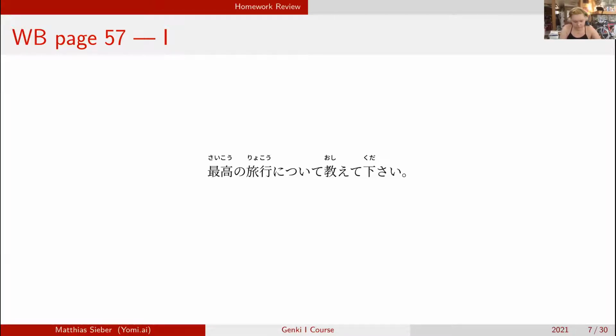So, tomodachi to ikimashita. はい。ジェームスさん、天気はどうでしたか？天気は良かったです。いいですね。カティさん、パリの天気はどうでしたか？